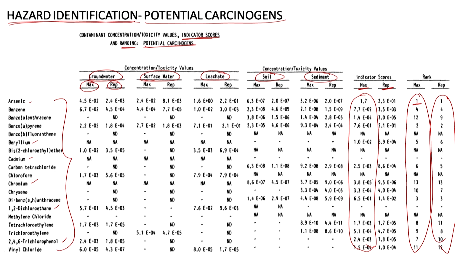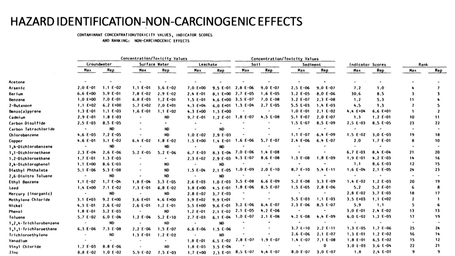So again that was hazard identification and then potential carcinogens. So obviously if we consider carcinogens, we are also going to look at non-carcinogens or the toxic compounds. And here we have again different compounds, and one aspect is that different compounds, depending upon their mode of ingestion or exposure and level of concentration, can have both toxic effects and also carcinogenic effects, right?